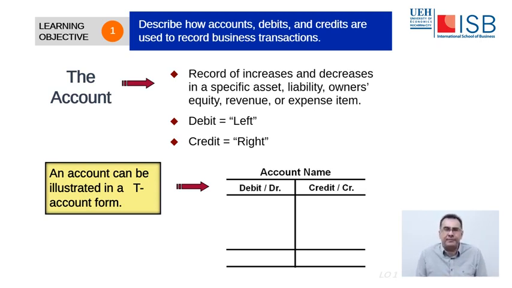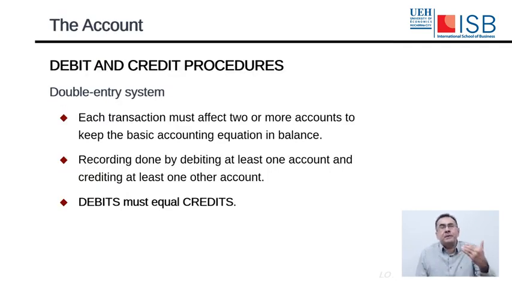a credit entry. In the old days, they used a T account, where the left side was called the debit side and the right side was called the credit side. So for every transaction, it would create a debit entry and a credit entry. A simple entry would have one debit entry and one credit entry. A compound entry could have many debit entries and many credit entries, or many debit entries and one credit entry,